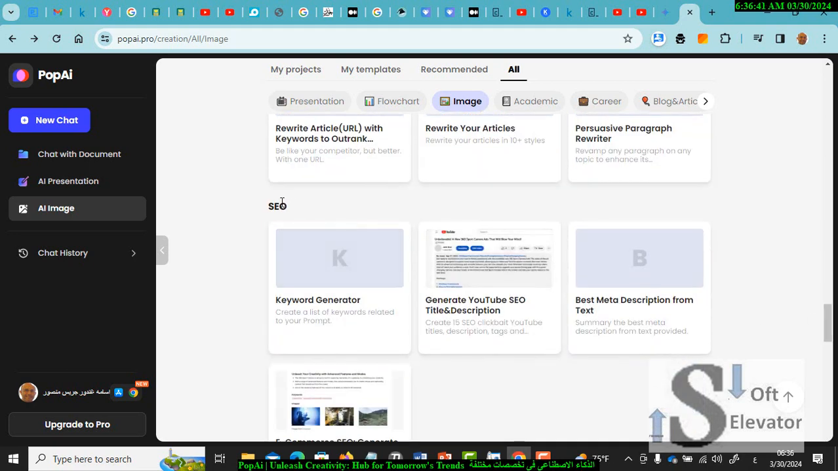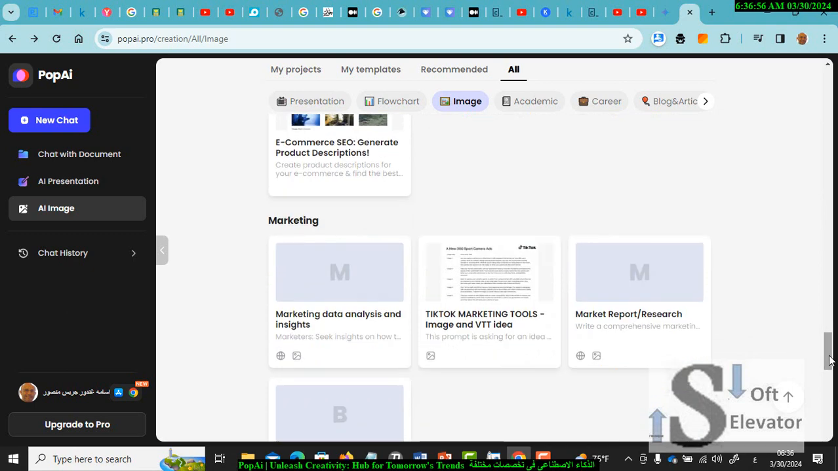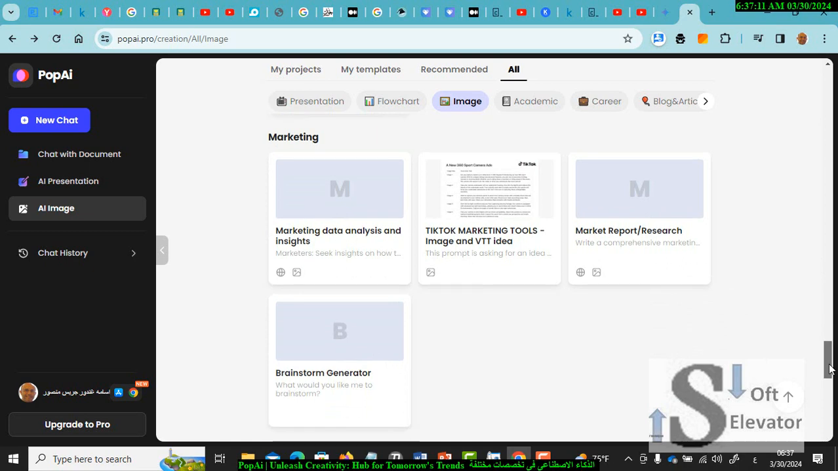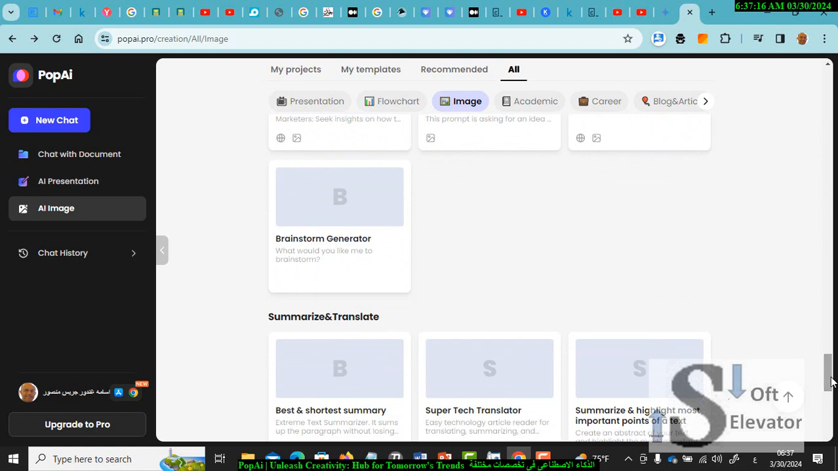Search engine optimization, SEO, different situations for SEO, for YouTube, for description, for text, for web pages, for websites, for e-commerce, for marketing field, marketing data analysis and insights, TikTok marketing tools, market report research. Write a comprehensive market report or market research. Brainstorm generator, summarizing and translate